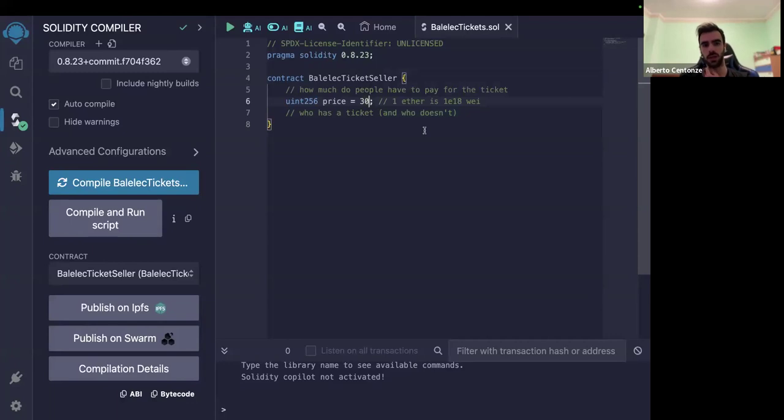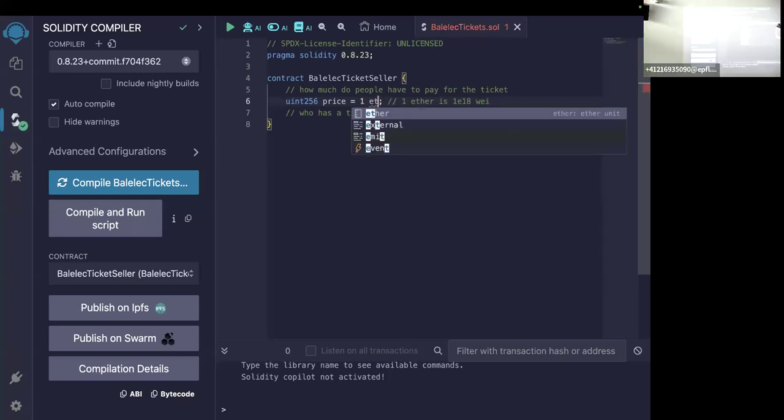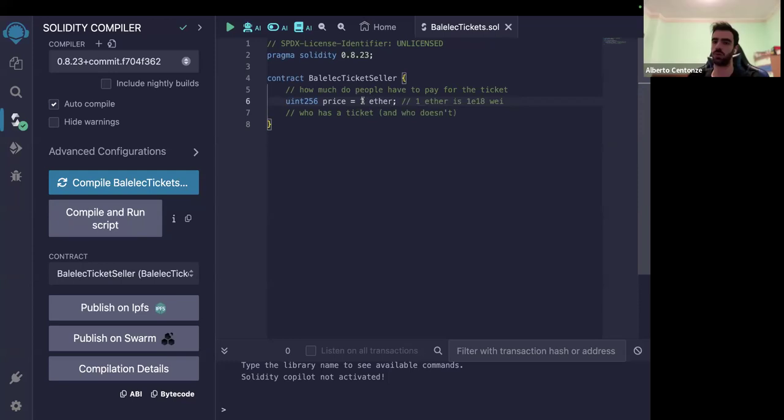The question is like to set the units. Oh, you mean like instead of writing these amounts, is there a library to do this easier? Yeah, exactly. Okay. Yeah, it's built in. I just didn't want to overcomplicate things. But for example, if you want 10 to the power 18, you can either write it like this, and this is 1 Ether, and it works. Or you can even say 1 Ether. It also works. This means 10 to the power 18.